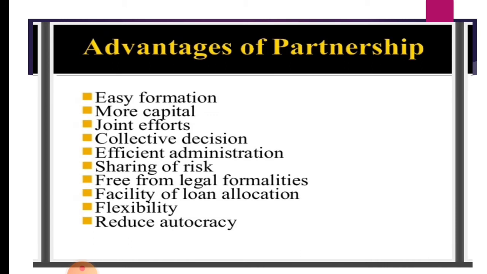Let me explain to you. The formation of a partnership firm requires fulfillment of fewer legal formalities than other types of companies. That is, if we look at joint stock companies, there are a lot of legal formalities. Whereas compared to the other forms of business organization, the cooperatives, joint stock companies, whether public or private,